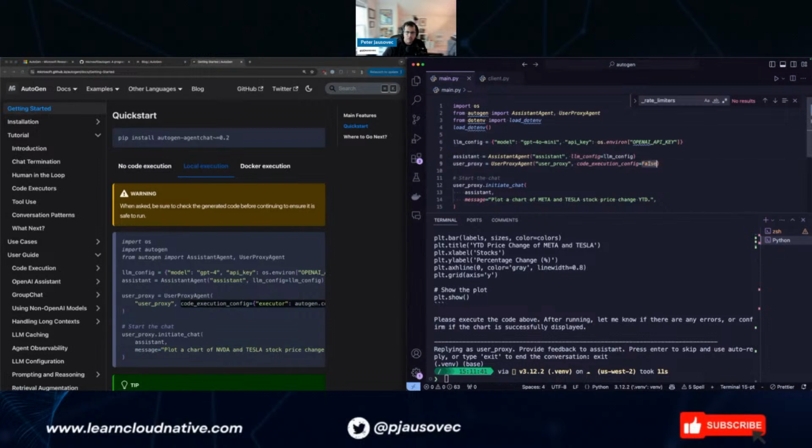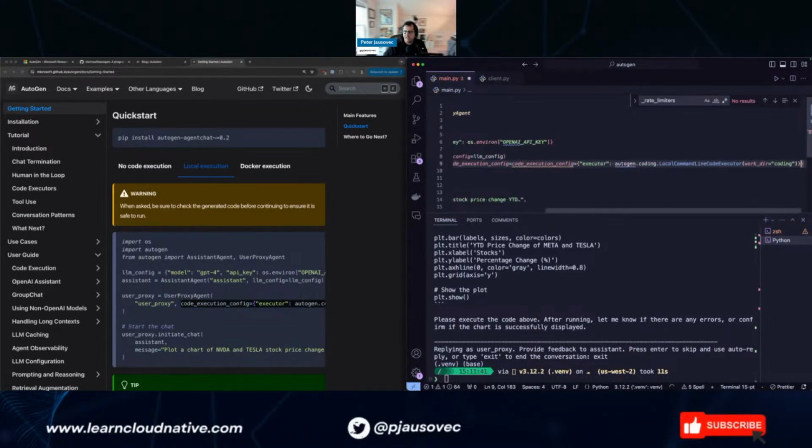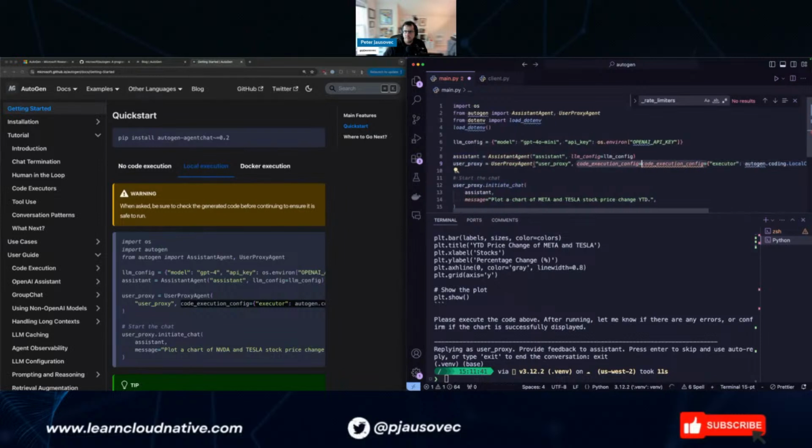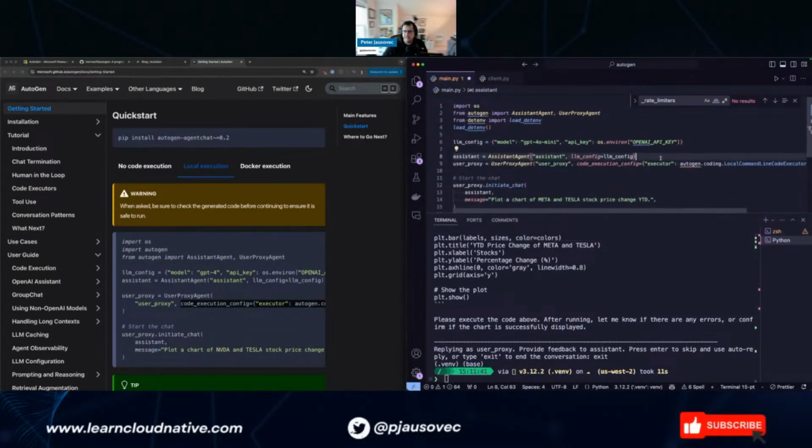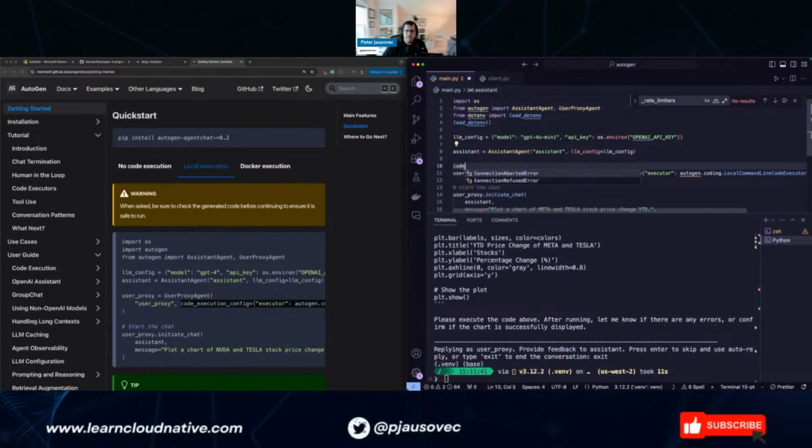So code execution config is this. Whoops. So let's do it code execution. Let's define it separately. Code execution config, so it's executor, AutoGen coding, local command line executor, working directory is coding.